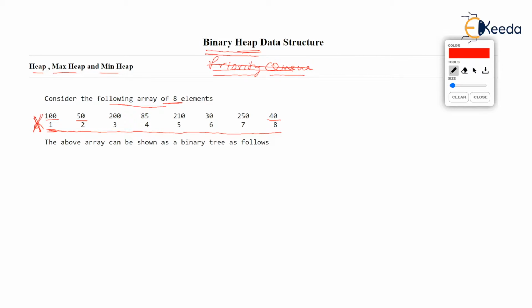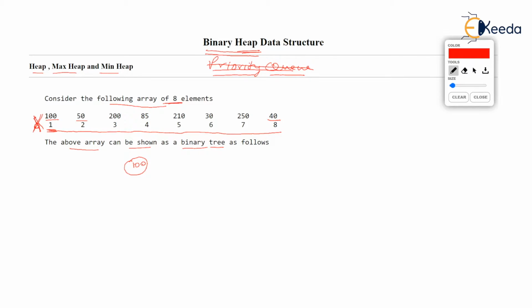Now the above array can be shown as a binary tree. Yes, these values 100, 50, 200, 85, 210, these values in the array can be shown in the form of a binary tree. What we will do is, we will add the first value 100 as root. Let this be the root node.